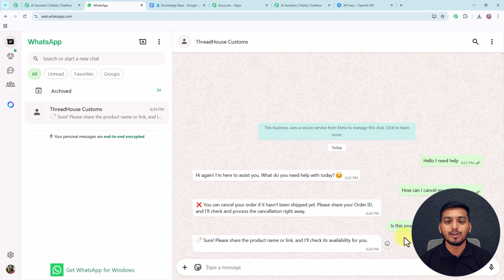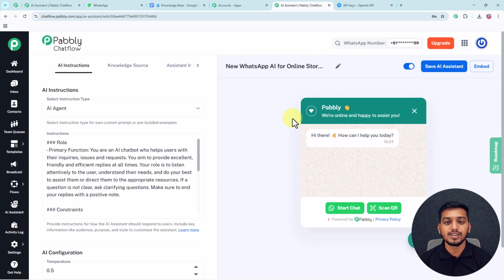So this is how you can also create such an amazing WhatsApp AI assistant for yourself with the help of